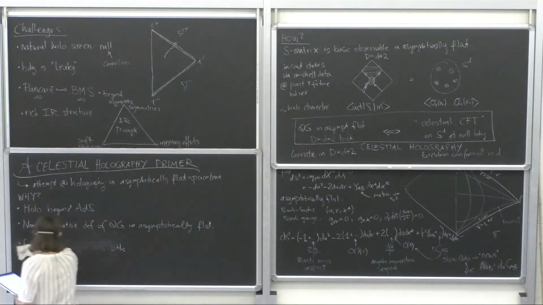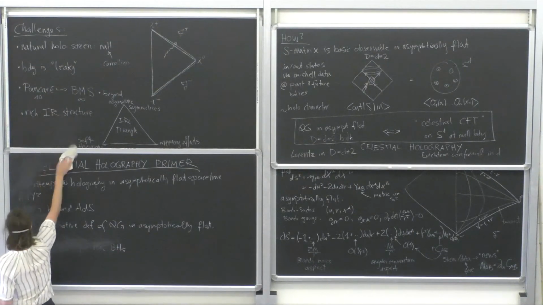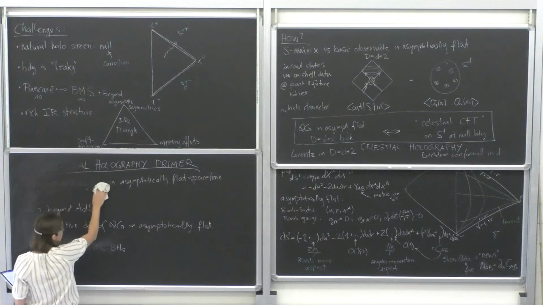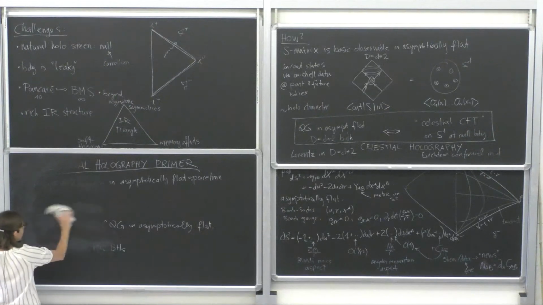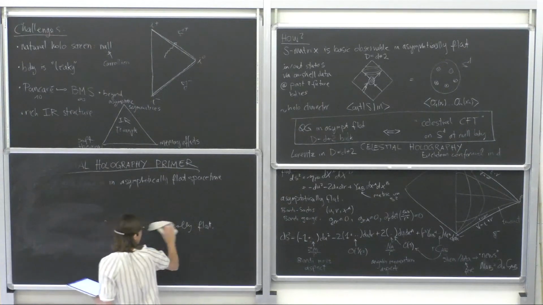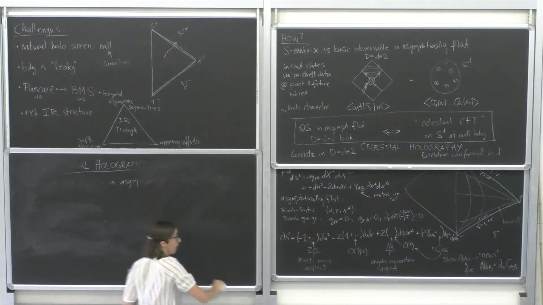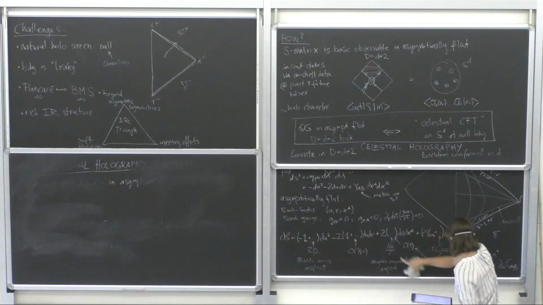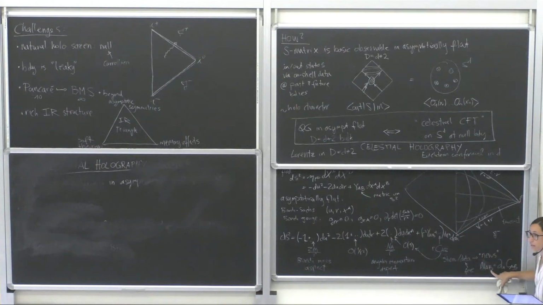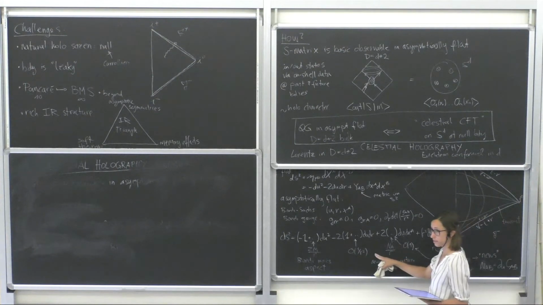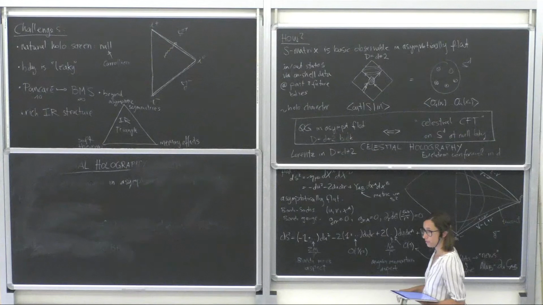Yes? Why do you draw a distinction between NA and CAB? I mean, isn't NA just the flux of angular momentum? No, sorry. This is NA with one index, and this is NAB. No, I understand, but aren't they basically on the same footing? NAB is the flux of... No, this gives you the energy flux. Yeah, and so NA, they're related via Einstein's equations. But doesn't NA give you the angular momentum flux then?